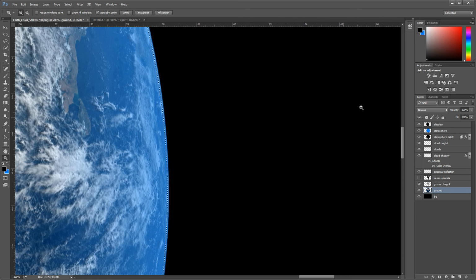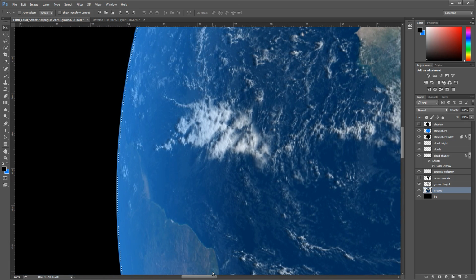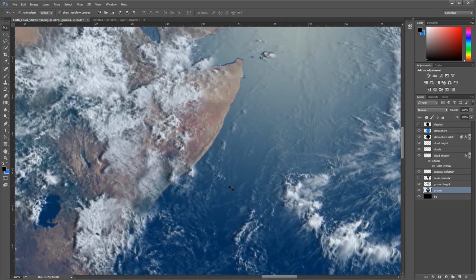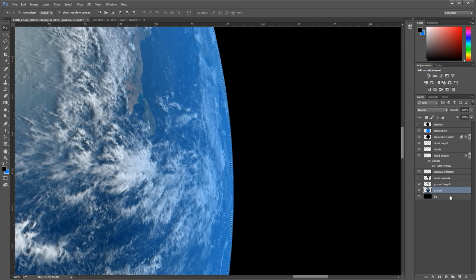Now this selects out here into space, and on all the layers, the ground, the specular reflection, the clouds and the atmospheres. Now not on the shadow, don't touch the shadow, leave the shadow alone. So we're going to turn that off just for now. So now we actually have our whole Earth with no shadow. So what we want to do is actually start deleting this edge. So we'll hit the delete key on the ground